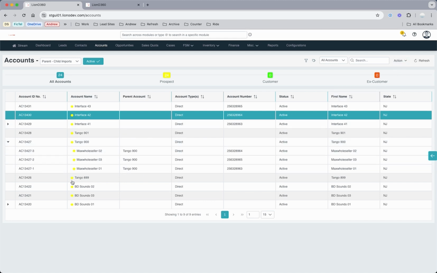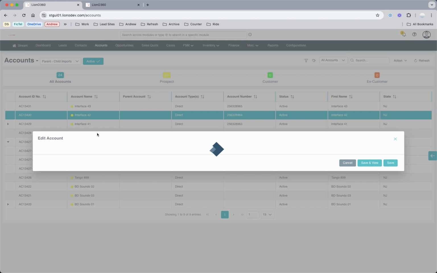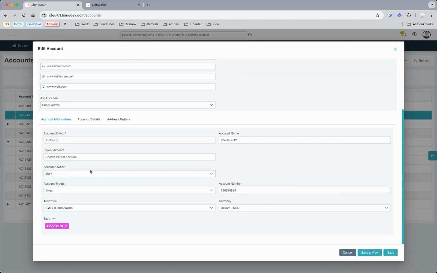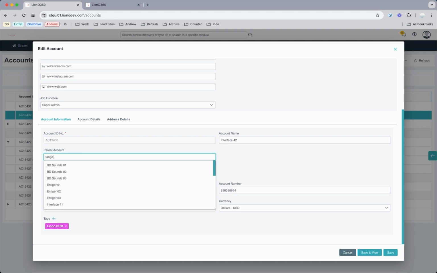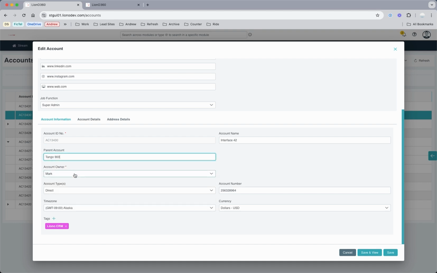But what if there was an account that already existed as either a child or an individual account? Well, let's take this interface 42, for example, which has an entirely different account number. In this case, it's 13430, not 13427. If we were to edit this account and give it the same parent, in other words, if we come to this very same field and we search for this Tango 900 and we gave it the same parent,